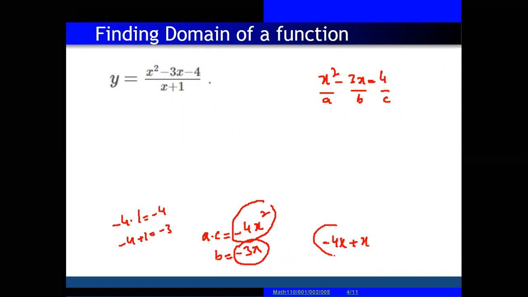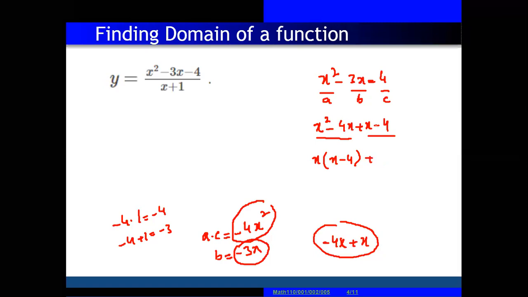Correct? So now you can factorize because we have two numbers, minus 4x plus x. We have x square minus 4x plus x minus 4. We write minus 4x plus x instead of minus 3x. Now take common in the first pair and common in the last pair. What is common in the first? x is common. We have x square minus 4x. If we take x common, we have x times x minus 4. Again, x with x is x square, x with 4 equals 4x.